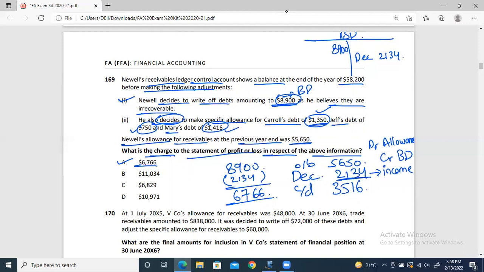Okay, so we have successfully completed the receivables chapter as well. This was much simpler than other chapters, especially accruals and prepayments, which were much harder to remember. And the remaining questions, you can try by yourself. And if you have any problems